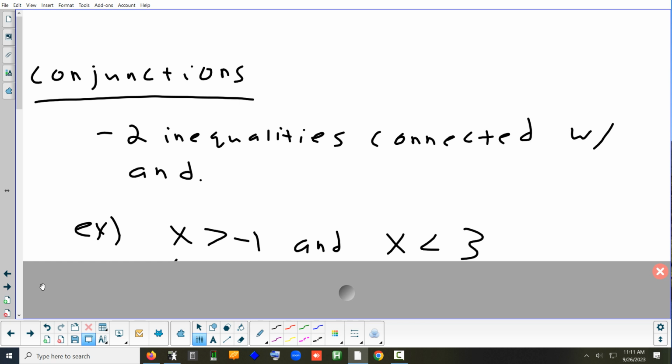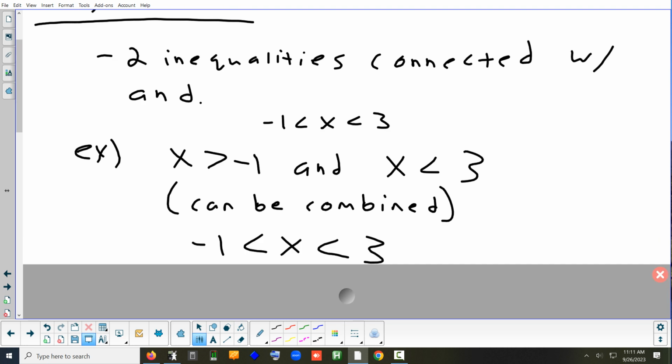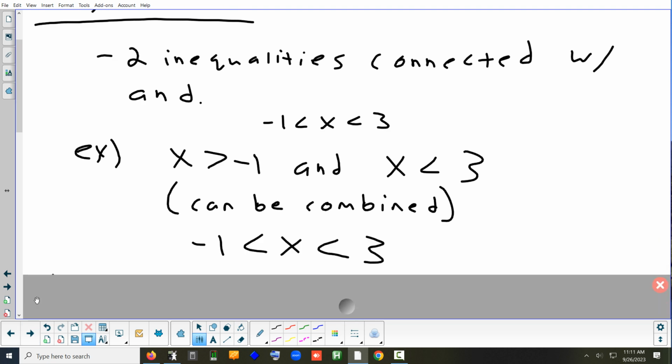Well, we'd start off by flipping the left equation so x is on the right side of that one. And next we'd do -1 and then that symbol, which is the same as the other, and then put another one of that symbol and then 3. Perfect. So that's one way to combine that into a single statement, which I think I wrote down. Another way you could do it is you could reverse everything. You could put the bigger number on the left, the smaller number on the right, still keep the x in the middle,